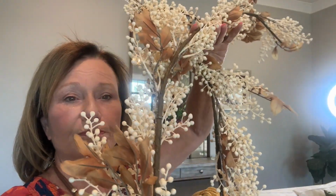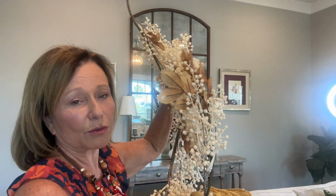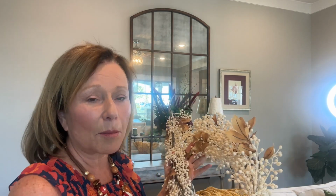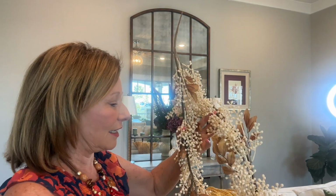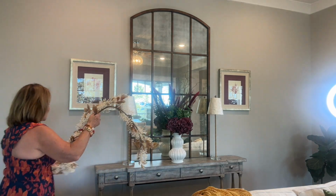So I still couldn't find a name for what these were. I couldn't find anything similar on Amazon, and I bought these at Hobby Lobby. So, if you see something like that, if you're looking, that's where I would send you to go, because Amazon even has some Hobby Lobby, and I couldn't find it. So I'm just gonna really just set this around my